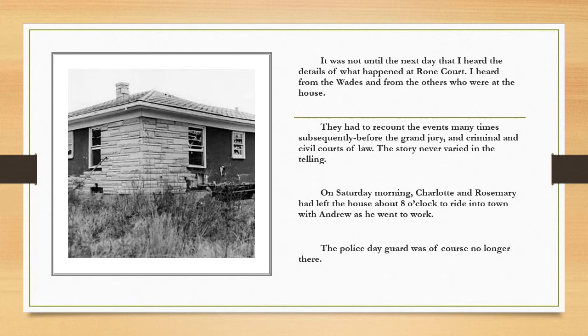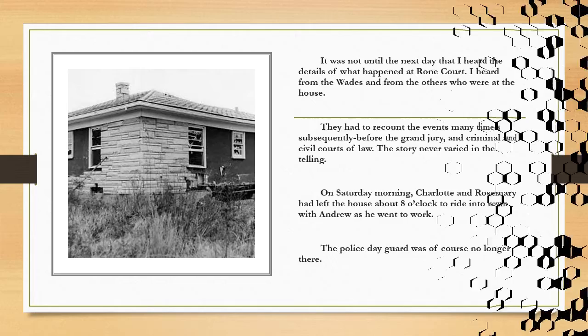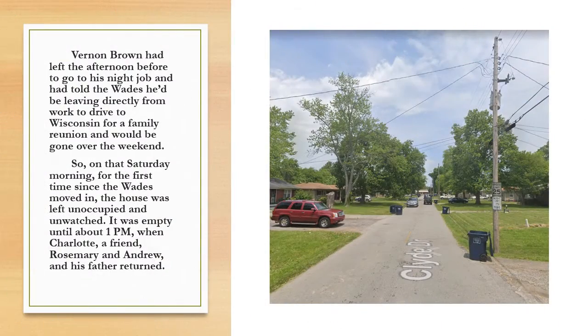On Saturday morning, Charlotte and Rosemary had left the house about 8 o'clock to ride into town with Andrew as he went to work. The police day guard was, of course, no longer there. Vernon Brown had left the afternoon before to go to his night job, and had told the Wades he'd be leaving directly from work to drive to Wisconsin for a family reunion, and would be gone over the weekend. So on that Saturday morning, for the first time since the Wade,